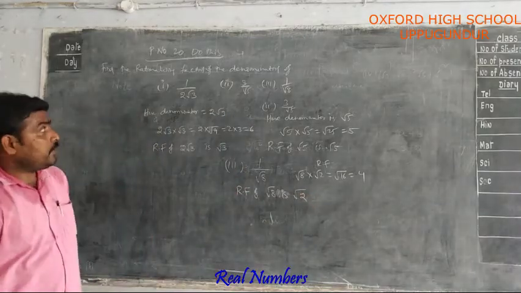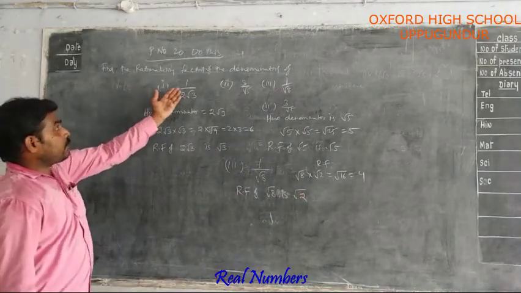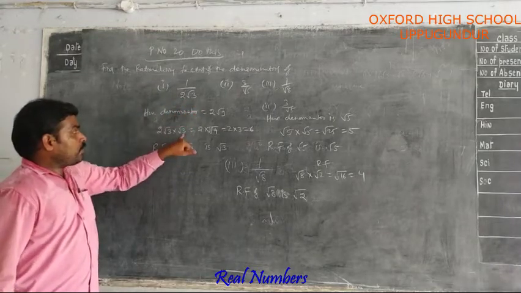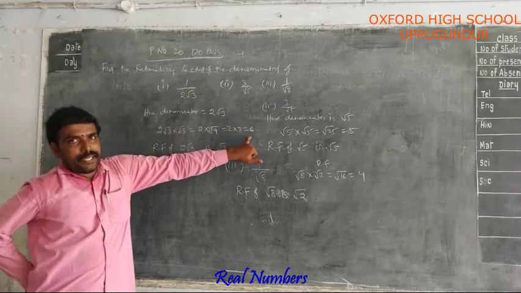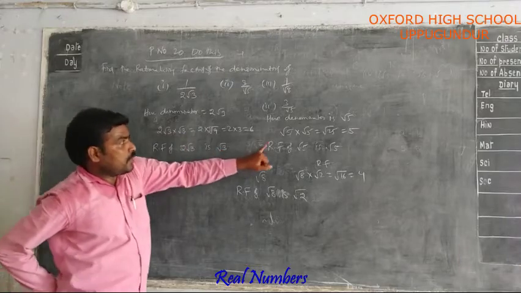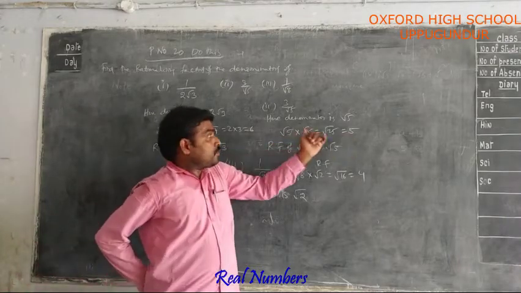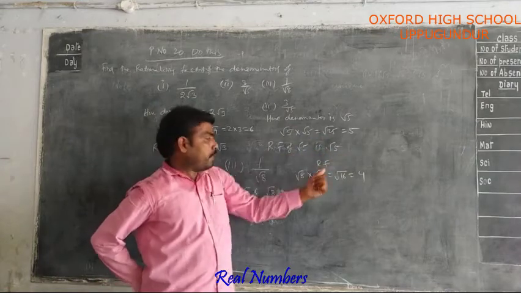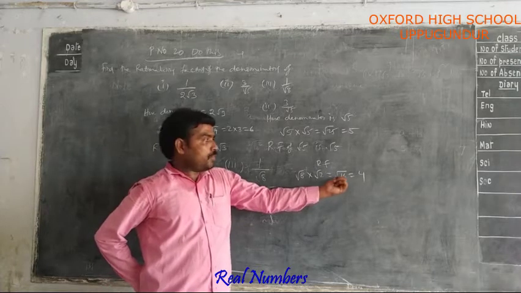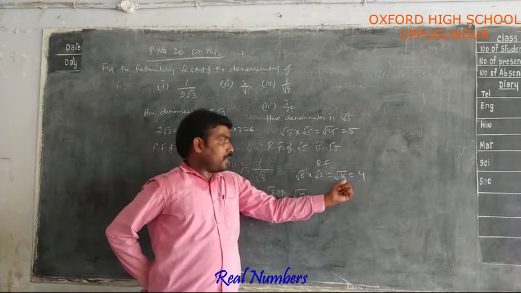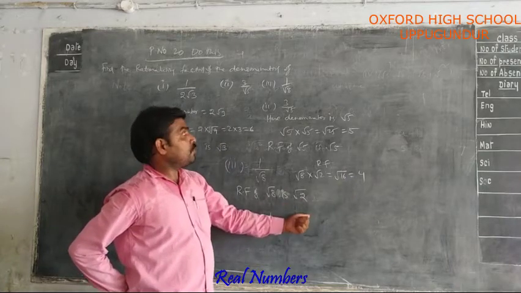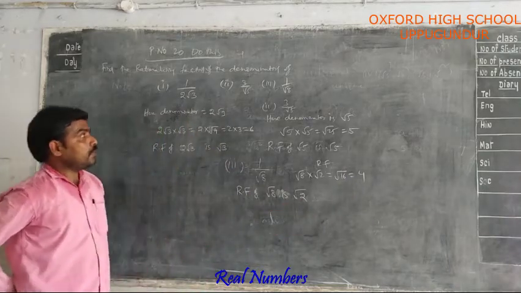So in this way you can find rationalizing factors. Find the rationalizing factors of the denominators. Here the denominator is 2 root 3. When you multiply 2 root 3 with root 3, we get a rational number. That's why the rationalizing factor of 2 root 3 is root 3. Similarly, root 5 into root 5 you will get 5, so the rationalizing factor for root 5 is root 5. Similarly, root 8 into root 2 you will get root 16. Root 16 value is 4, because 16 is a perfect square. The rationalizing factor of root 8 is root 2. In this way you can write rationalizing factors of the denominator.